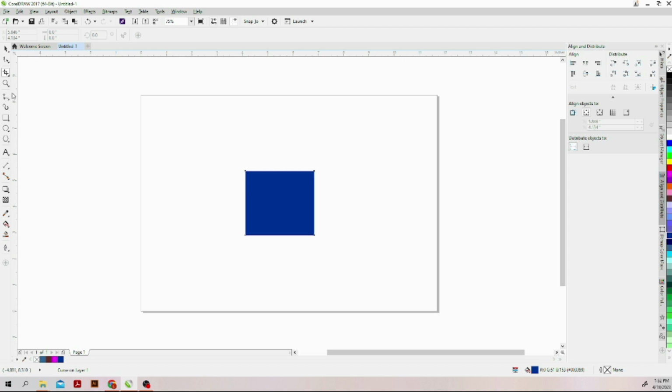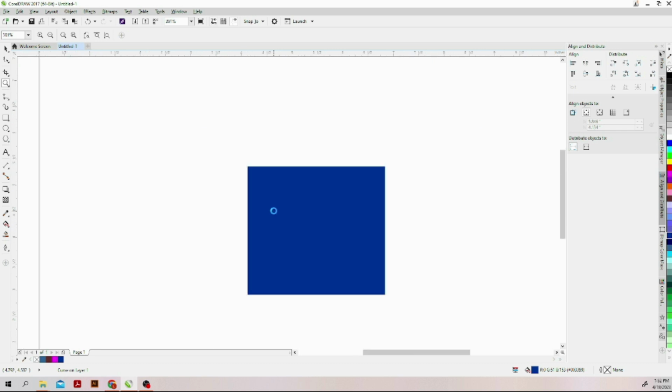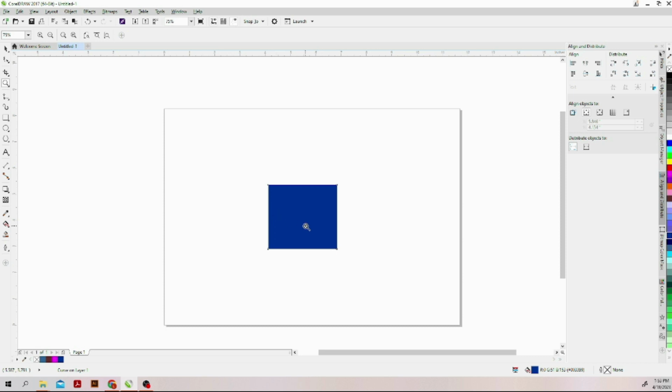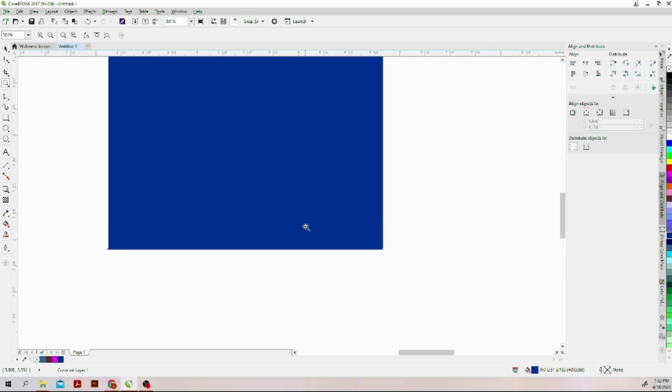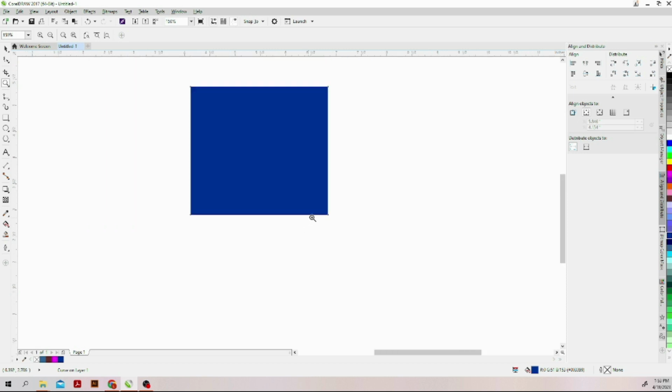All right. So the next one is the zoom tool. The zoom tool is also used to zoom in on objects. When you left click, it zooms in. When you right click, it zooms out. So I'm left clicking and right clicking. So right click zooms out. All right. So the next one,